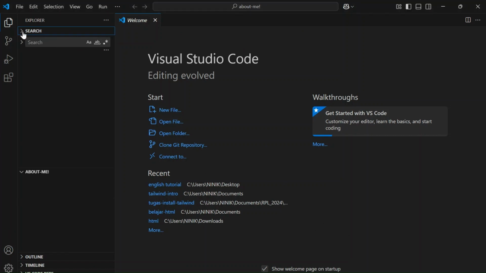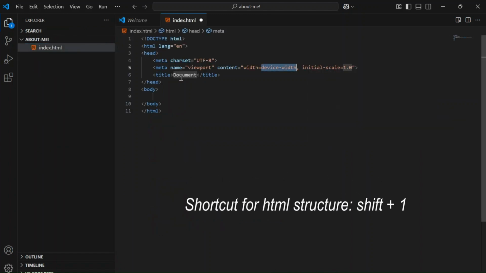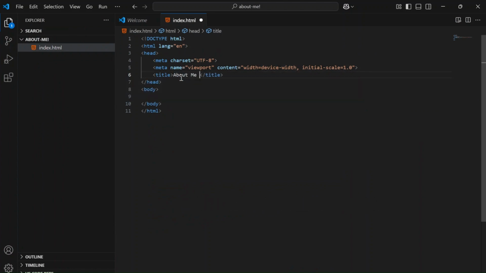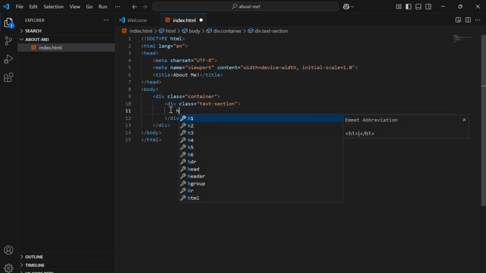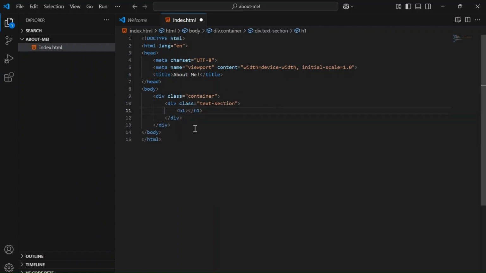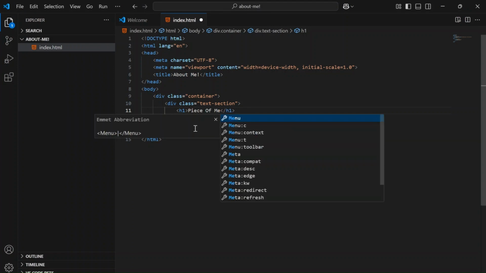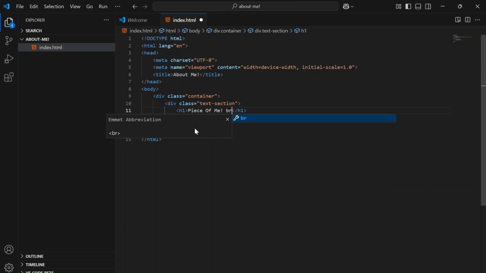Create the file named index.html and you can start following the code. For the body part, we can fill it with a div with the container class and text section class. And then we can use h1 for the title and a paragraph for describing yourself.